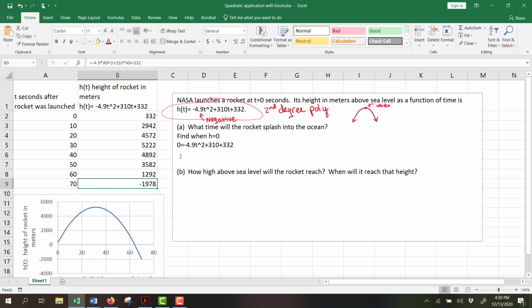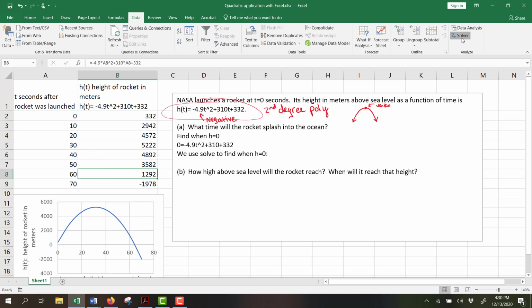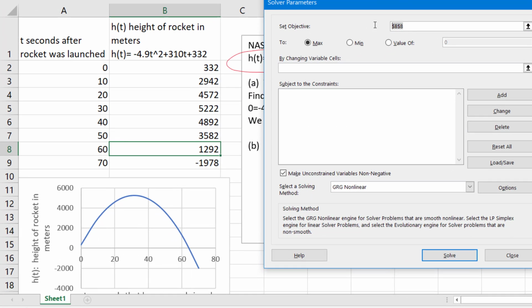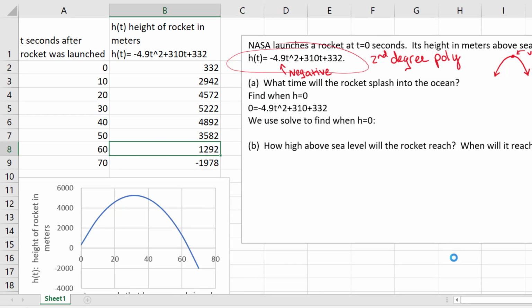So I'm going to use Solver. I put my cursor in the cell that's close to having an h equals 0, which is cell B8 in my case. I go to Data, Solver. I let set objective set equal to the y value that's closest to a y value of 0. I want it to equal a value of 0 by changing the x value cell. I hit solve,